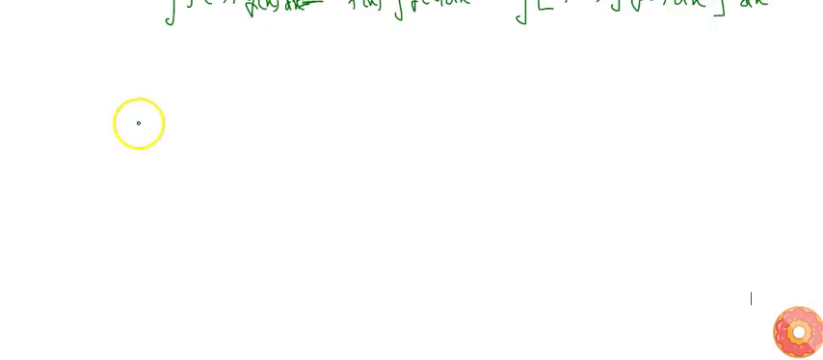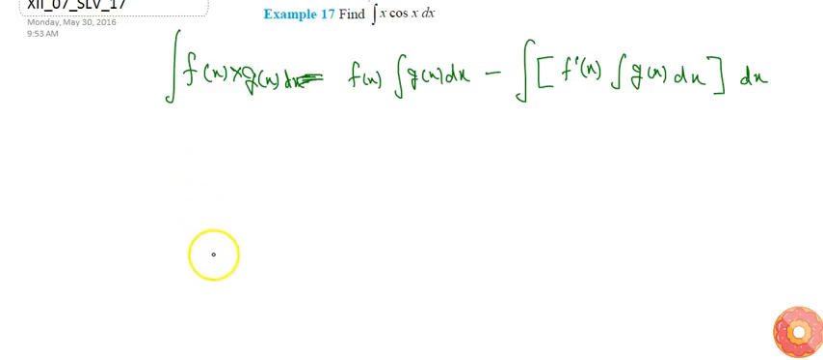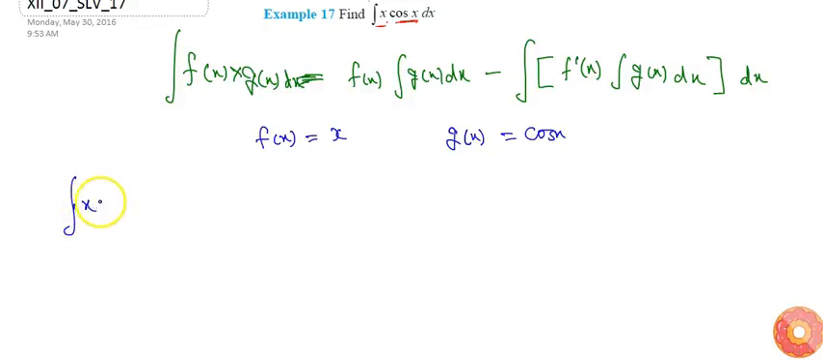Let's take x cos x. Two functions are x and cos x. Let's take first function f(x) to be x and second function to be g(x) equals cos x. Then integration of x cos x dx will be f(x) times integration g(x) dx, which is cos x dx, minus